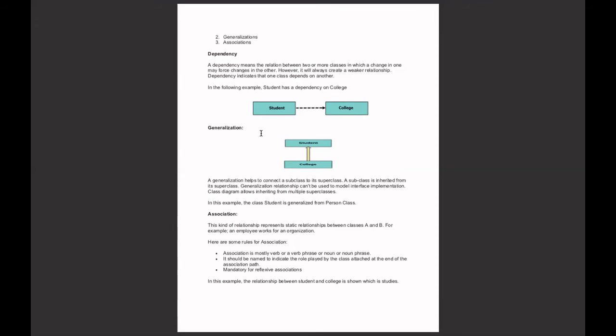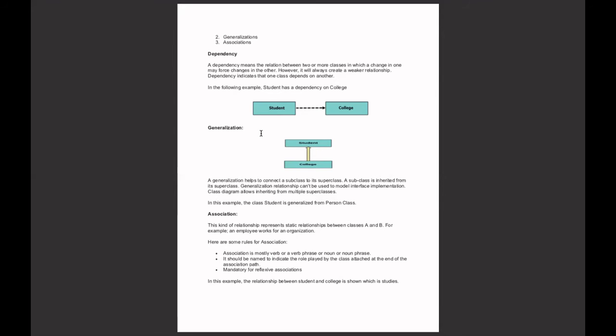Dependency means the relation between two or more classes in which a change in one may force change in the other. It means if there is a change in one class, definitely the second one is changed. However, it will always create a weaker relationship. Dependency indicates that one class depends on another.